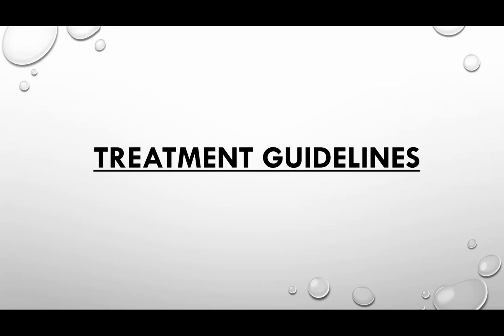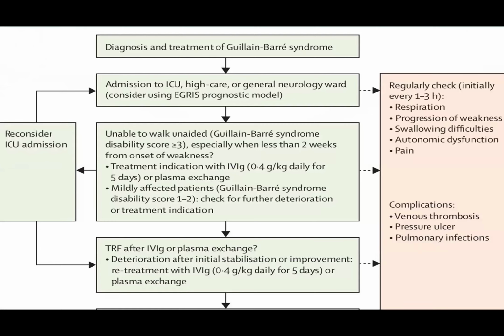Now let's come to the treatment. Coming to the treatment guidelines, this is an algorithm for the treatment approach to GBS. Once the diagnosis of GBS is made, admission to ICU and high care or a general neurological ward, considering the prognostic model, that is the EGRIS model. Some of you may not have seen it; again I will show you the EGRIS model, no problem. And if the patient is unable to walk unaided, especially when less than 2 weeks from onset of weakness,